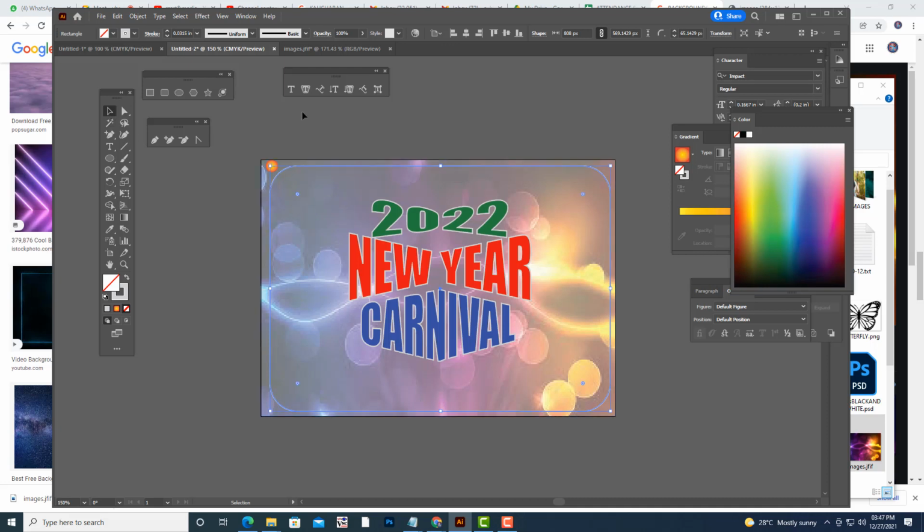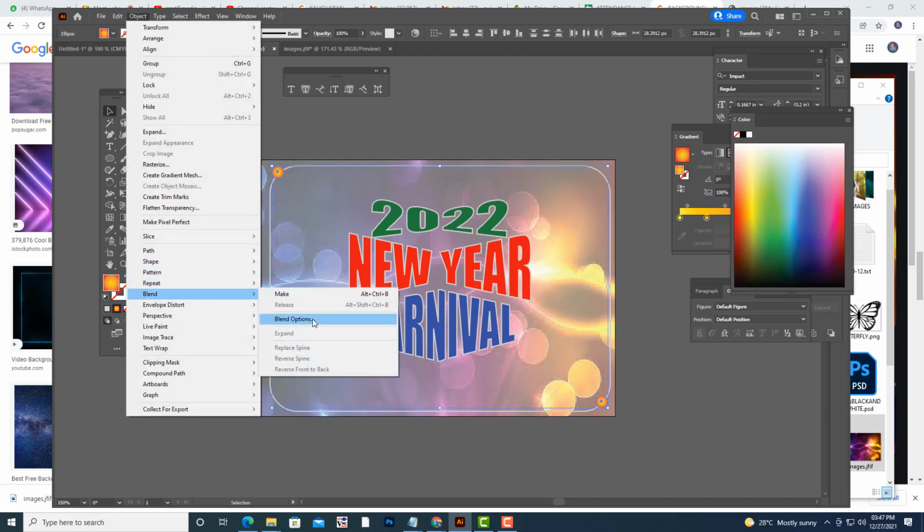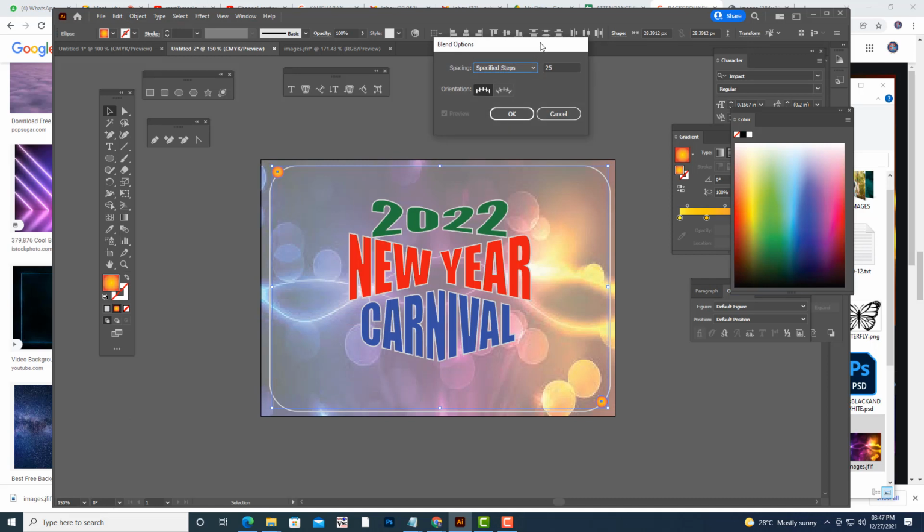Keep it here and keep one duplicate over here. Then select both these things, Object, Blend Options, and we'll put 50.